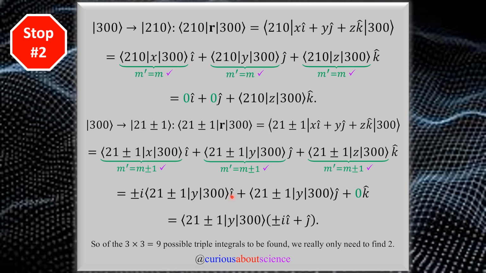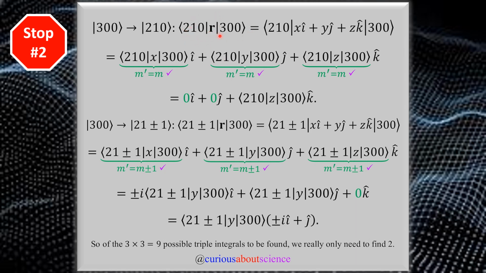11.51. And from problem 11.13, we know that the position vector is a vector operator with its own selection rules that we again revisited in problem 11.14. And this is all summarized in equation 11.76. So to minimize the number of integrals that we need to evaluate, let's begin by identifying which matrix elements are 0. Okay, so we know that from 300 to 210, the electric dipole is state, state, and then the position